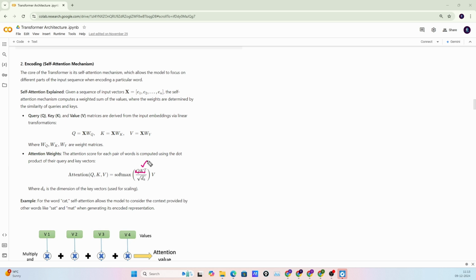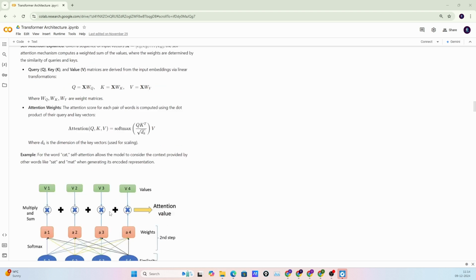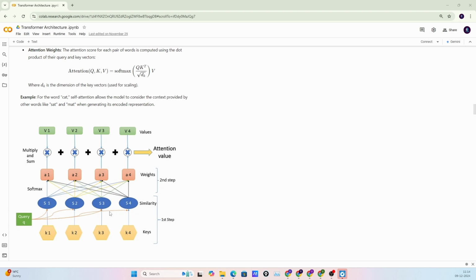Dot product basically gives us the similarity between two vectors. If our words in embedding format are similar, the dot product value would be high, and if our words are dissimilar, not relevant, then the dot product value would be low. So the dot product gives us the similarity score, then we divide the score by the square root of the dimension, and then perform the softmax, and then multiply by the value vector. This is the main part of self attention. Let me explain this with the help of a diagram and an example.